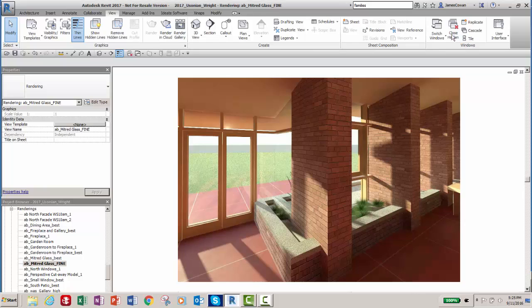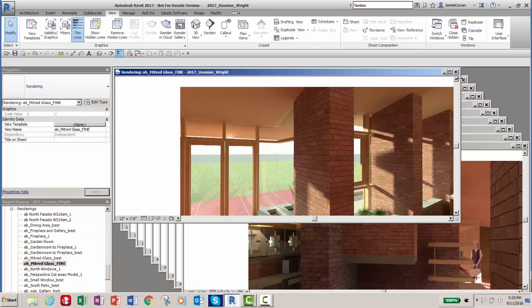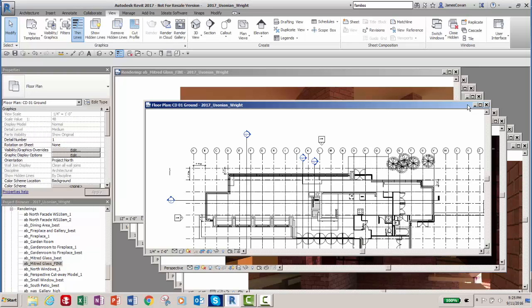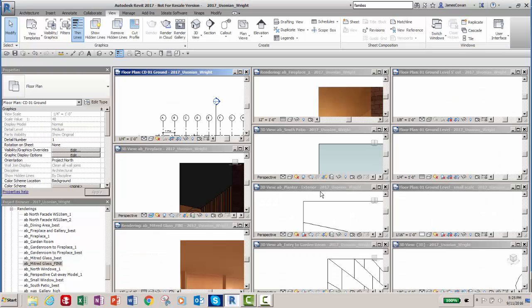So back up here, the ones that I want you to see are, if you said cascade, that would be like put the windows on top of each other. If you said tile, it means put them side by side. But you have to manage the RAM on your machine. So generally what you do is you don't want to have windows open in the background while you're working on